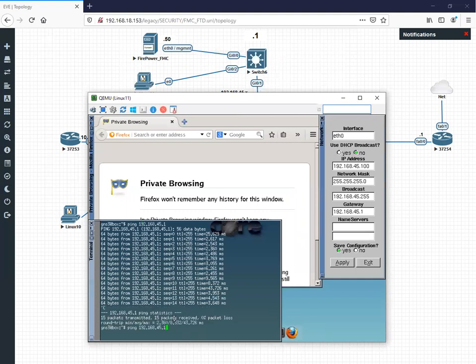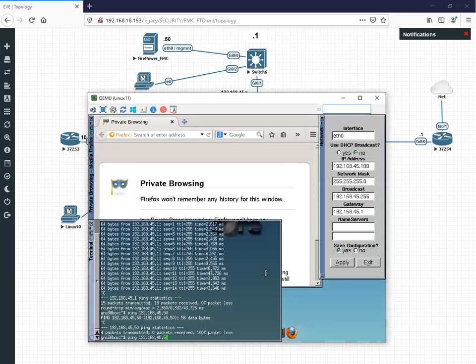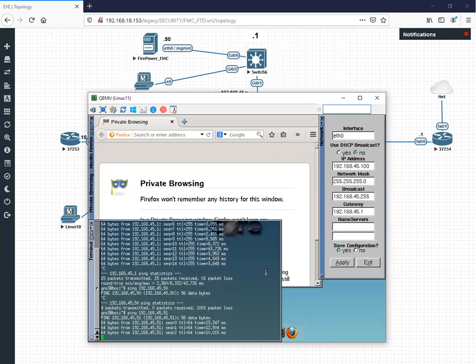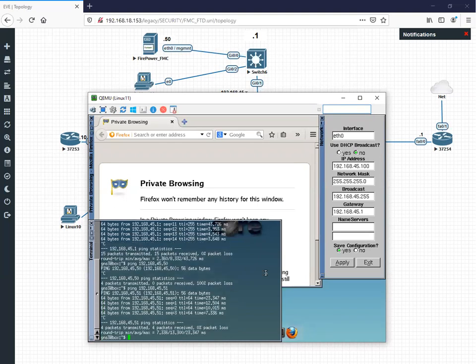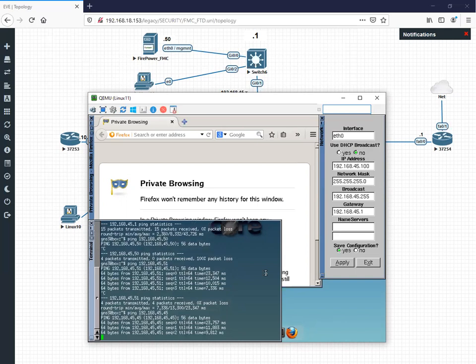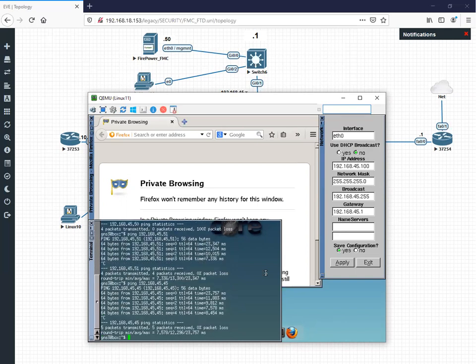Now let's try to ping FTD 50 or 51. भूल गया। 50 तो FMC है ना? Yes. 51 is FTD, मतलब इसकी रीचेबिलिटी है। अभी FMC हमारा डिफॉल्ट आईपी पे होगा which is 45, तो सब चीजें रीचेबल है।